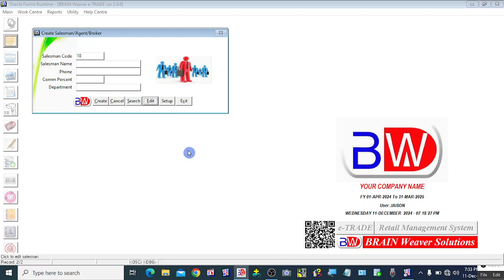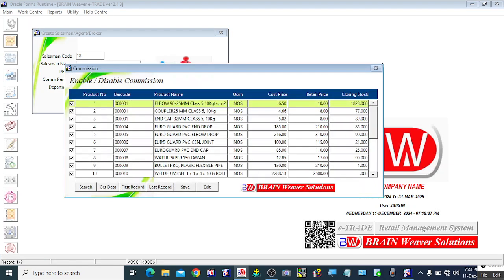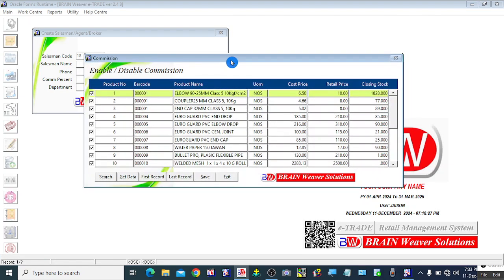This feature is very useful, say, for electrical trading companies. Some items have very little margin, but are costly also. For example, the coil. Coil is a very low margin product. We can exclude such low margin products by clicking this setup button. Whatever items we have registered in the stock register will appear in this enable disable commission list. By default, whenever you create an item,